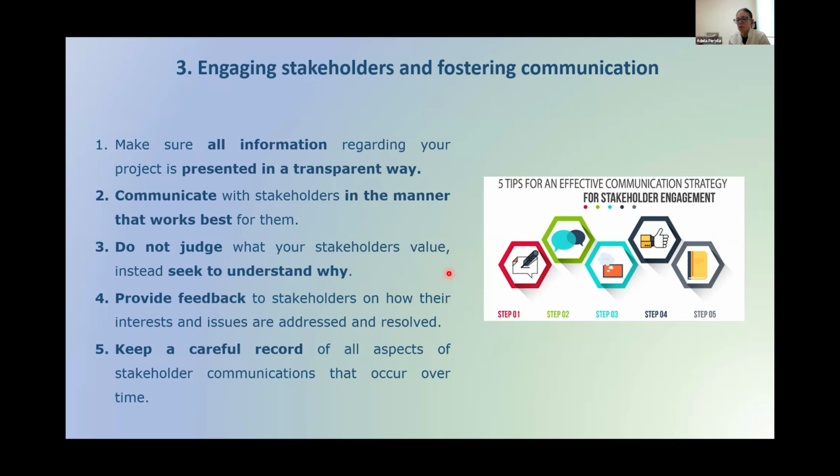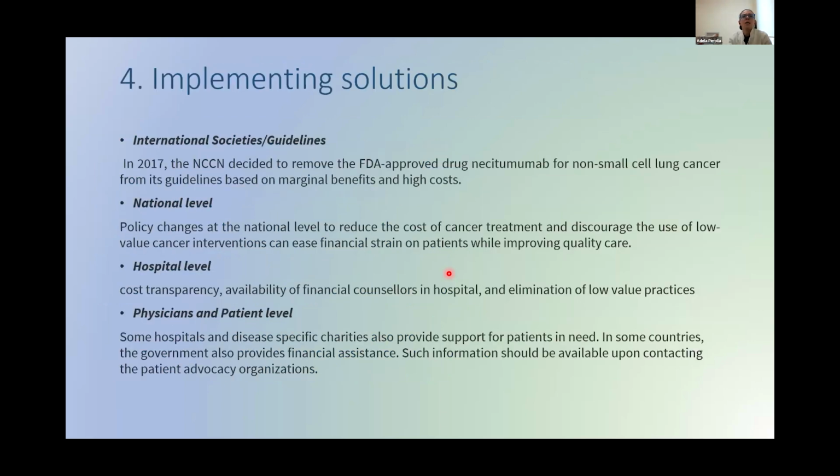the stakeholder communication in order to implement the solution, which could be through the international societies and guidelines, to make better guidelines, a better approach for the patients, better stratification and better prognosis, and also better treatment. We have to implement the solution at the national level in order to reduce the cost of cancer treatments for those patients. Also at the hospital level, we have to make sure of cost transparency and availability,